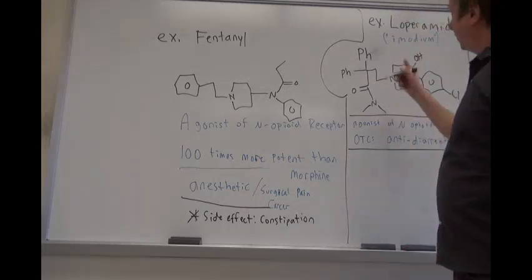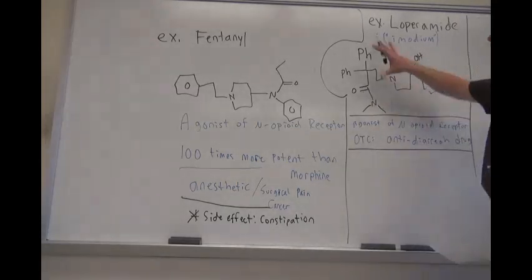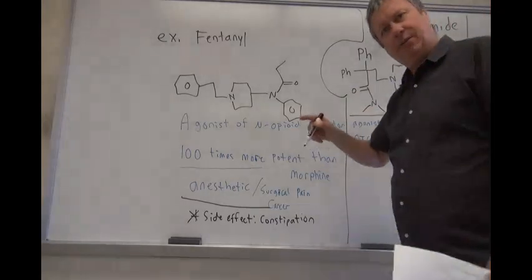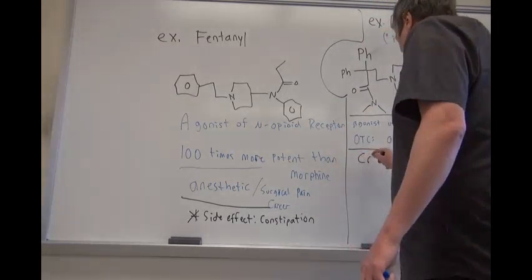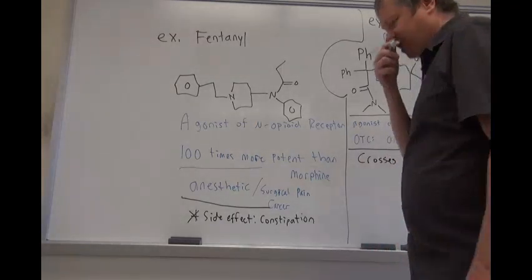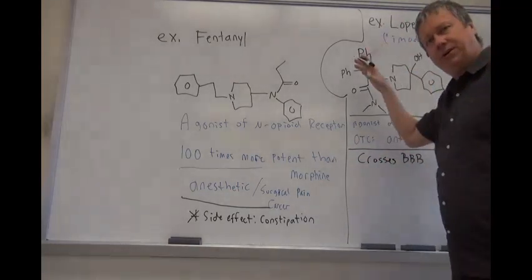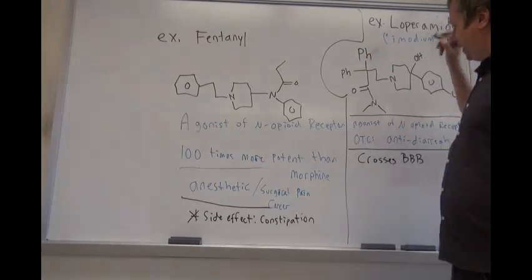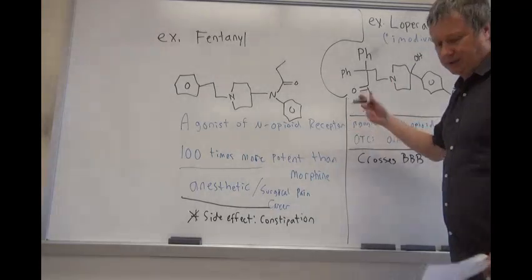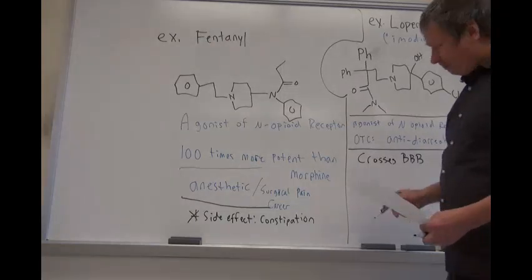The other interesting thing about loperamide is it actually enters the brain. You might think it doesn't cross the blood-brain barrier, but it actually does cross the blood-brain barrier. So that must be pretty weird, right? How could it cross the blood-brain barrier and be an agonist of the mu opioid receptor and not cause anesthesia or addictive symptoms? It actually crosses the blood-brain barrier, but